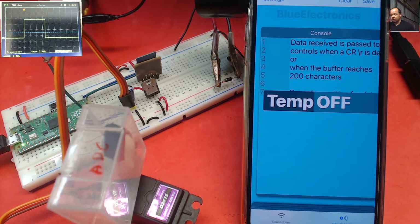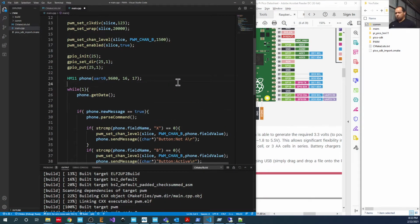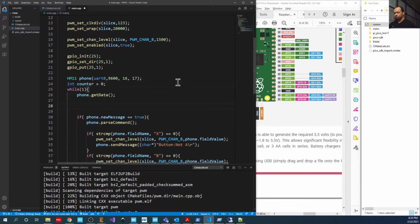So let's send some data back so we can see. We'll just send the counter. Let's go back to the code, and we'll add a counter, and we'll send a message. So phone sent message. Let's call it counter. Okay, and this delimiter, that's the one I'm looking for, is just a number, the control return at the end to tell the phone that this is the end of the command. And then you add your counter,